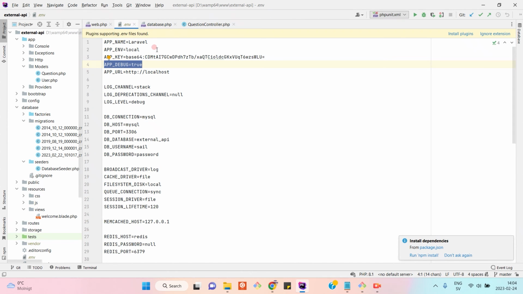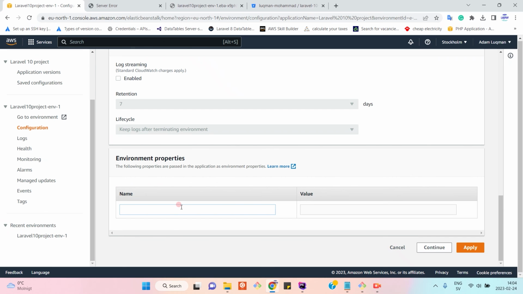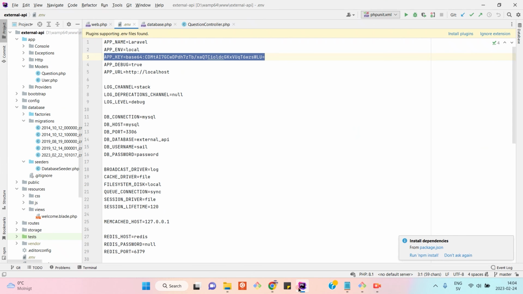APP_KEY, its value, and APP_ENV, and the value is here. And another thing is,